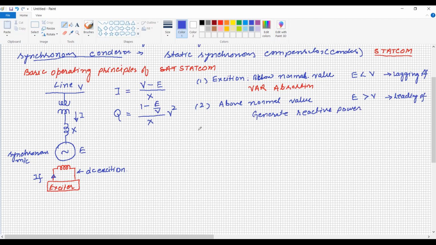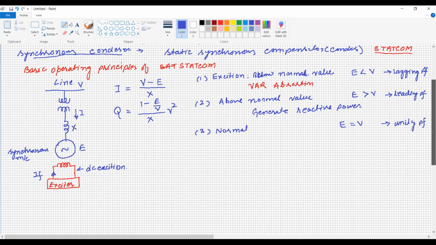Whereas if the excitation is normal, the third case, under such condition, back EMF is equal to the supply voltage. So the machine is neither delivering nor consuming reactive power, and it is just floating. So it is working at unity power factor. These things we have already learned in the machine, but here we are looking at it as a shunt compensation in the